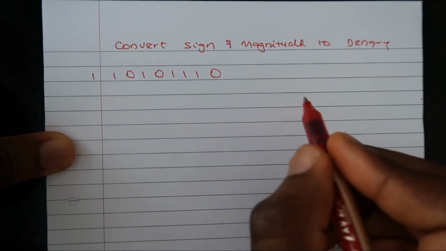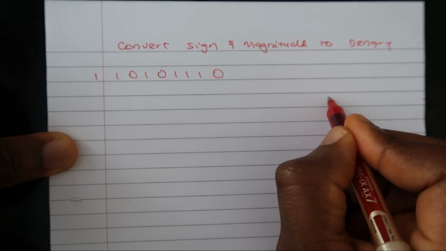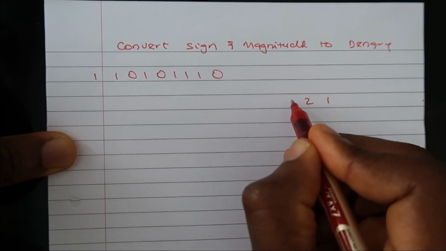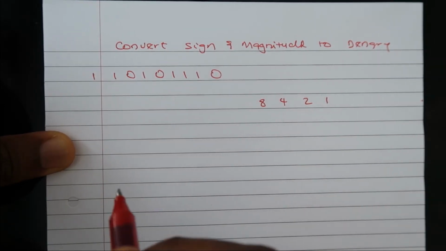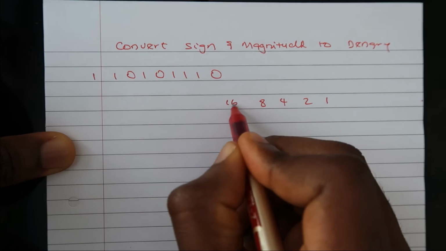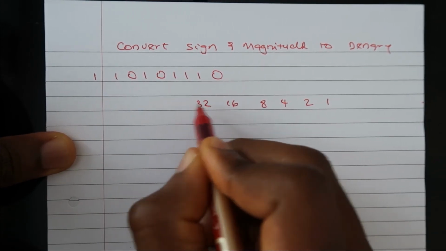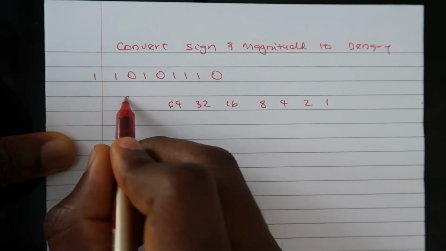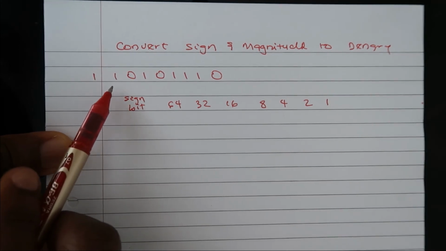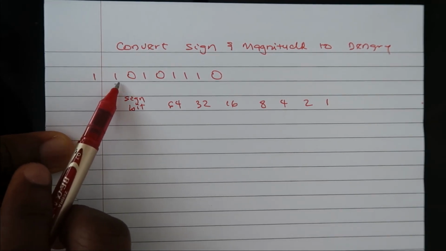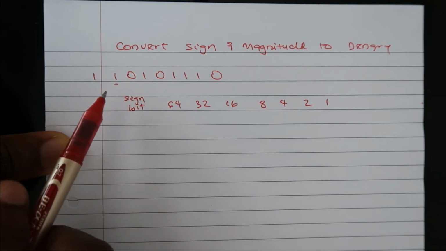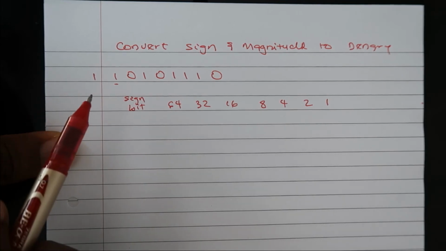To do this, all you have to do again is just write down your number sequence. Some people don't have to do this, but I think it helps. It allows you to show your working, and then it's just easier for you to solve the problem. So if I do 16, 32, 64, I'll write down my sign bit here. Now, if you remember, we say that the most significant bit, that's this number here,